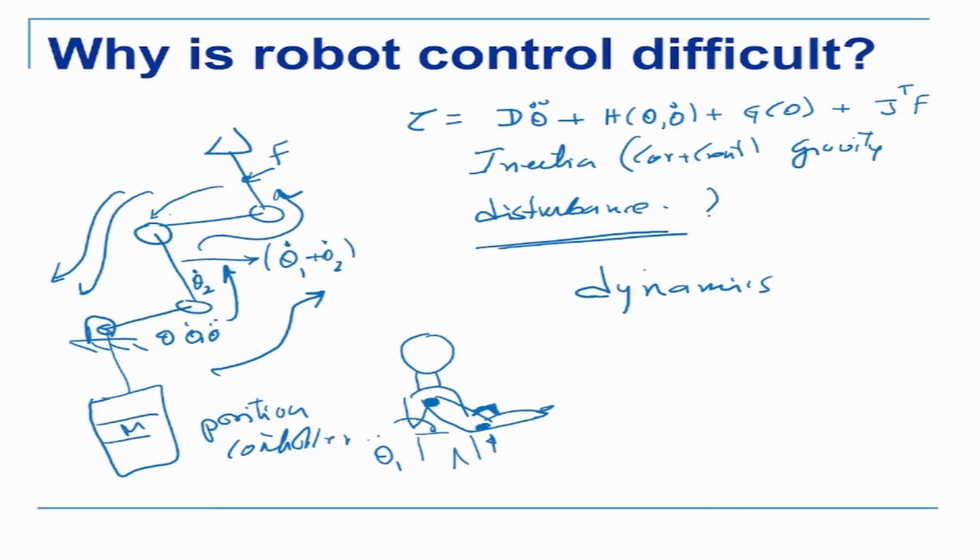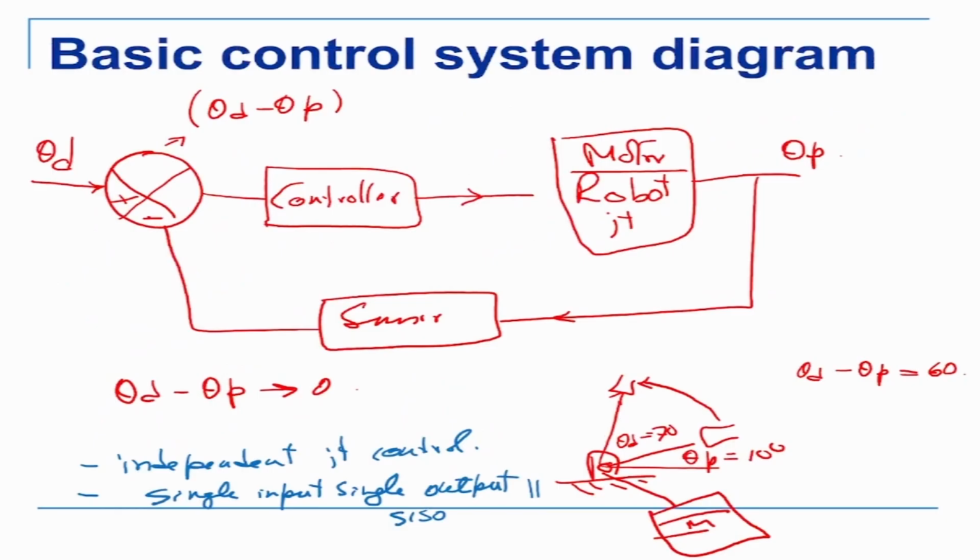So if you look at the actual closed loop control system, you have one input which is here, but there is one more input which is there. And this input is plus plus, which is tau, coming from that side, and this is my disturbance. So it's a multi-input system. There is one input here and there's another input there.